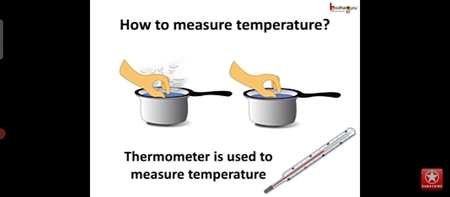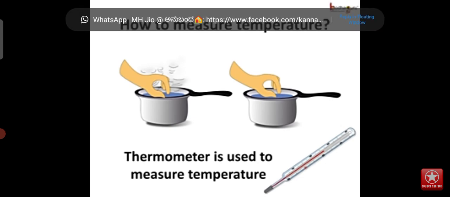Now, how to measure temperature? When we touch an object, we can say whether it is hot or cold. The sense of touch can estimate the temperature, but we cannot rely on the touch for the right measurement of temperature. Besides, we shouldn't touch things which are very hot, like the boiling water, as you may get burned. Hence, there are instruments to measure the temperature accurately, which is the thermometer.